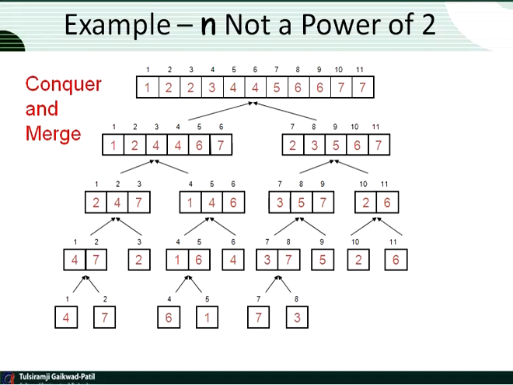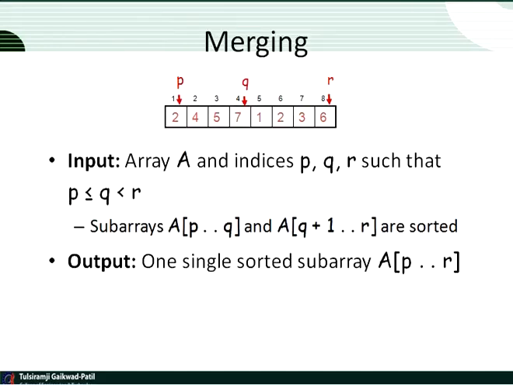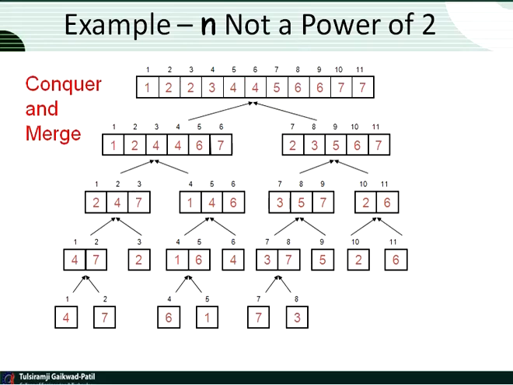Then we'll again merge it together. 2 4 7 is compared with 1 4 6 and we'll get the complete list 1 2 4 4 6 7. On the right hand side 3 5 7 is compared with 2 6 and we get the complete list 2 3 5 6 7. After that, these complete 11 elements can be merged together in the sequence of 6 and 5, by comparing the sequence of 6 and 5 with each other to get the complete sorted list 1 2 2 3 4 4 5 6 6 7 7, like this. This is all about your merge sort. Thank you for your patience hearing.